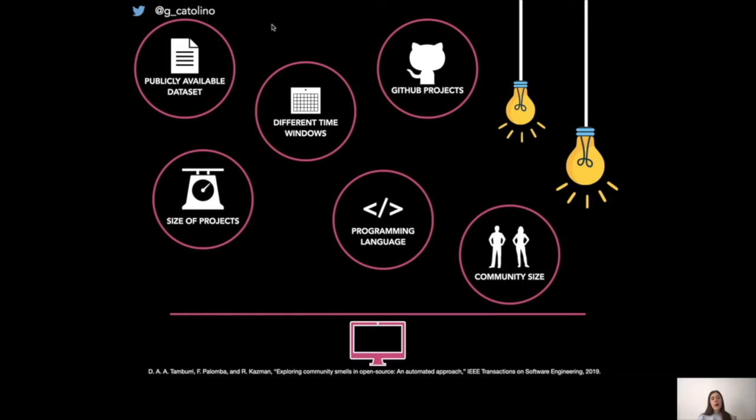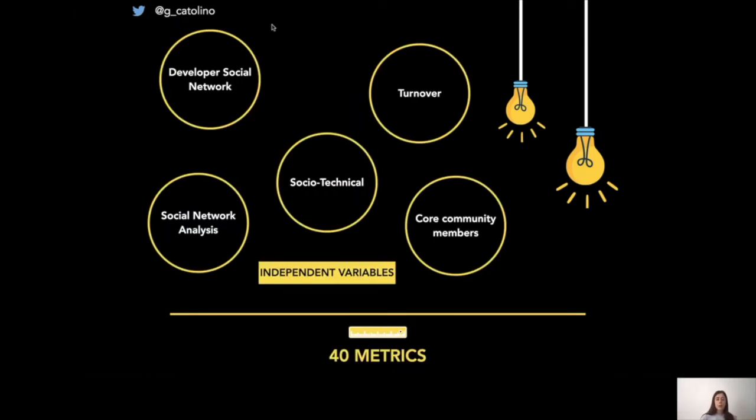So let's explain more about the dataset. The dataset was publicly available from a previous study. This dataset also contains the values of the community smells analyzed, as well as the metrics that we considered in our study. We have different time windows for each project, and these projects are different in terms of size, community, and programming languages. The 30 metrics considered,